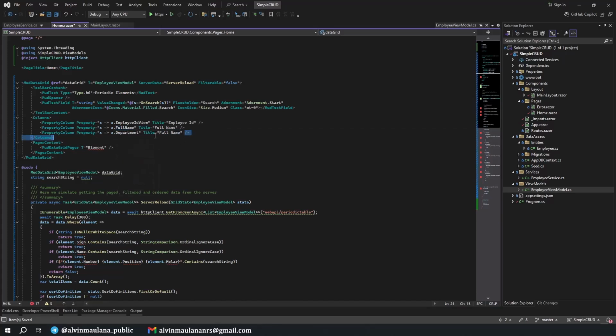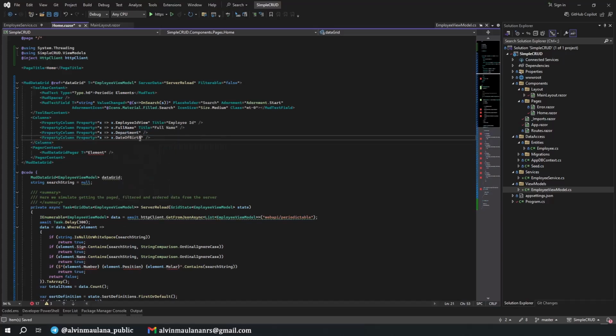This one should not need a title because it's the same department. Date of birth. This one is DateTime, yeah. And we need to have a specific format for this. Format day, month, and year. Okay. And the title should be Date of Birth.